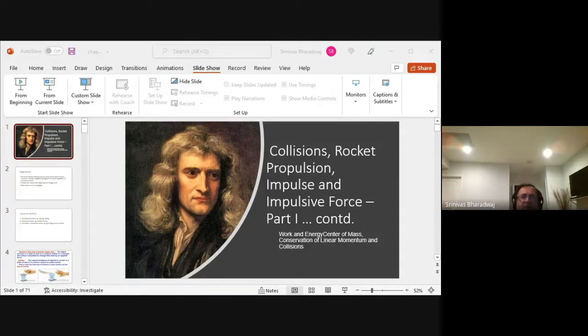So now, you can also have oblique collisions, right? When you have an oblique collision, these two bodies hit and one goes like this and the other goes like this. I'm sure you've all played this game called carom, or you have played pool or billiards. Billiards or carom often involve oblique collisions. That is, one hits at an angle, the other moves at one angle, and this one moves at another angle.